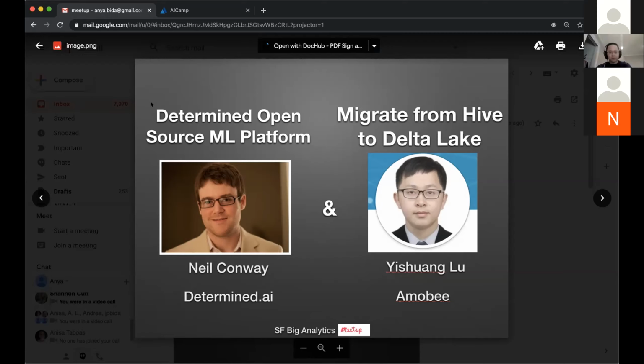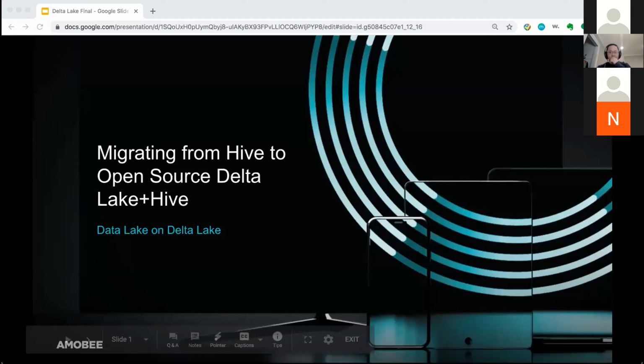Just very quickly, while Isan starts to share his screen, Isan Liu works as a senior software engineer at Amobi. Previously, he was working on Amobi's data warehouse system, DataMine. Now he and his team are building a next generation data lake on top of Delta Lake. Isan is a graduate student at Carnegie Mellon University, where he studied distributed systems and databases. Isan is also a contributor of open source Delta Lake. So Isan, whenever you're ready, you can take it away.